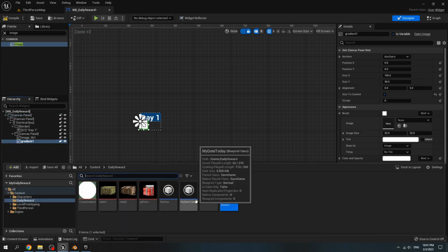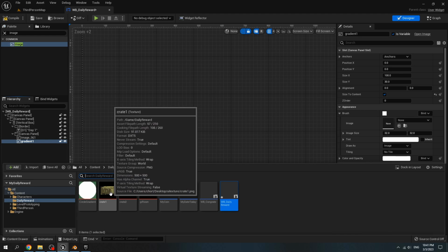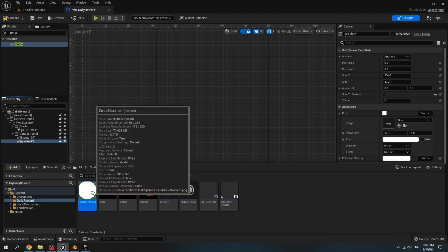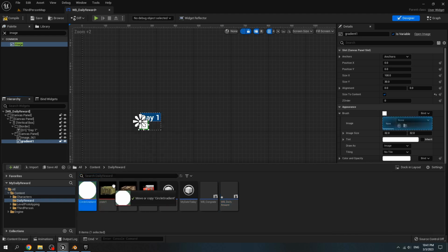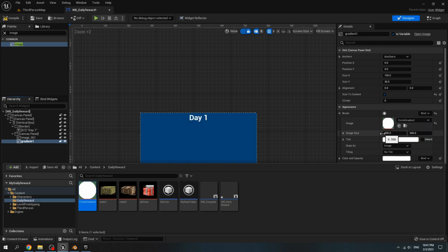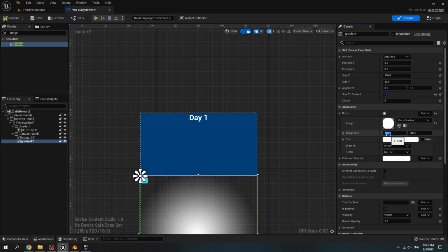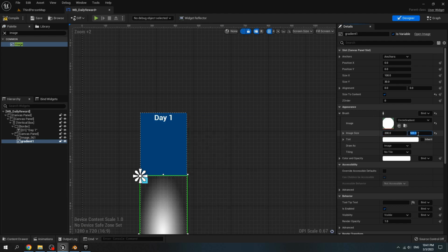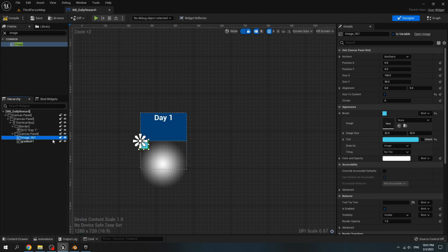Then use our circle gradient as the image. Set the size X to 200 and Y 200. For the last image, set the size X to 200 and Y 200.